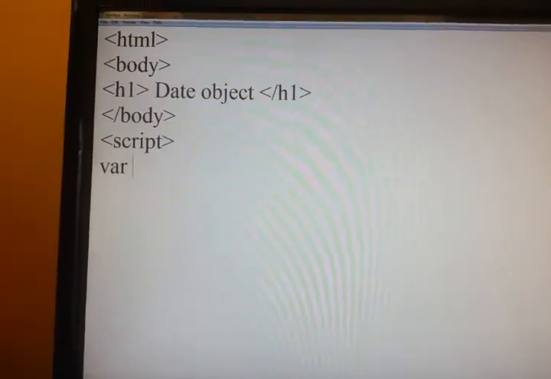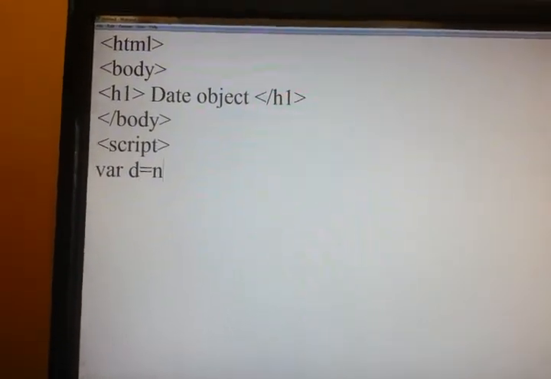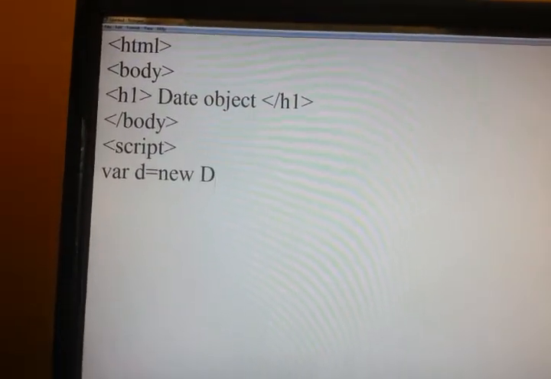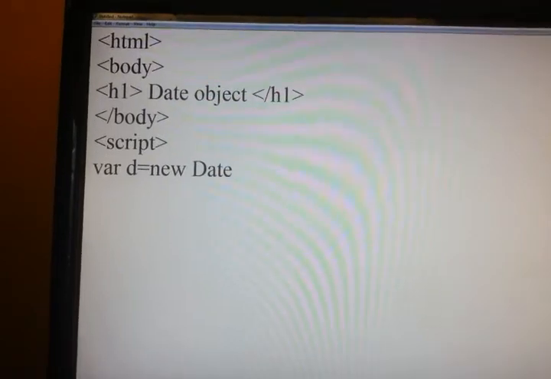So here I am creating a variable, and then I am creating a date object by using the new keyword.